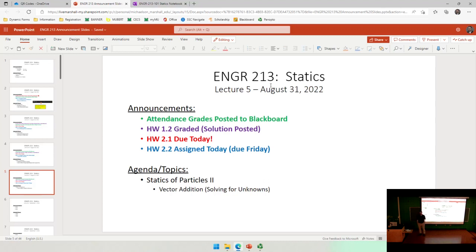If anything, one of the most common questions I got about the homework assignment via email was not about the problem, but about where it is in the textbook. I know a couple of people had trouble finding it. In this textbook, there are homework problems after every section, not just at the end of the chapter. More often than not, the homework problems I assign this semester will be after each section. Right now, we're in the first section of the textbook, section 2.1, so those problems are